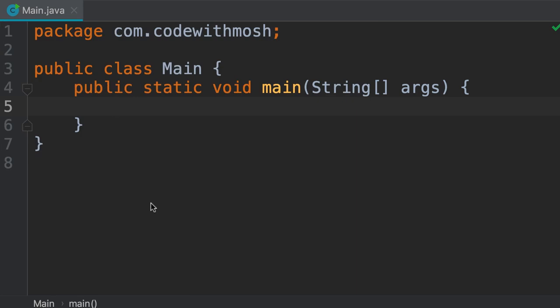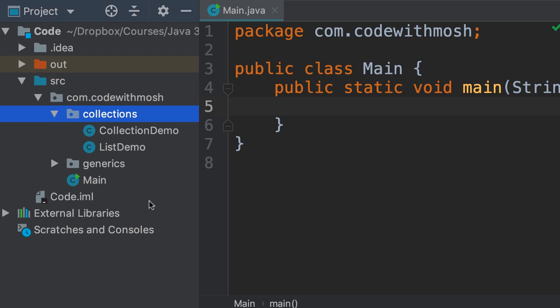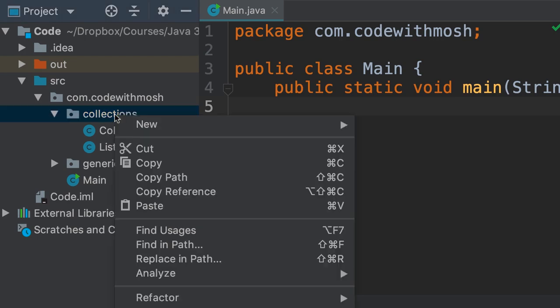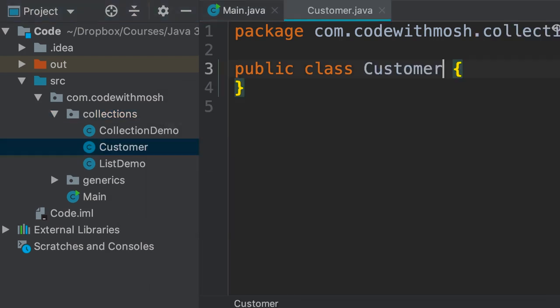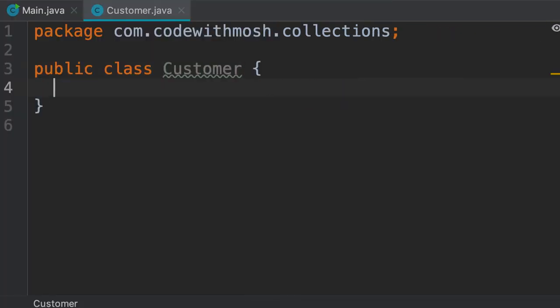In this video, I'm going to show you how to sort data using the comparable interface. So first, we're going to add a new class to our collections package. We're going to call that customer. In this class, we're going to add a private field, private String name, and we want to initialize this from